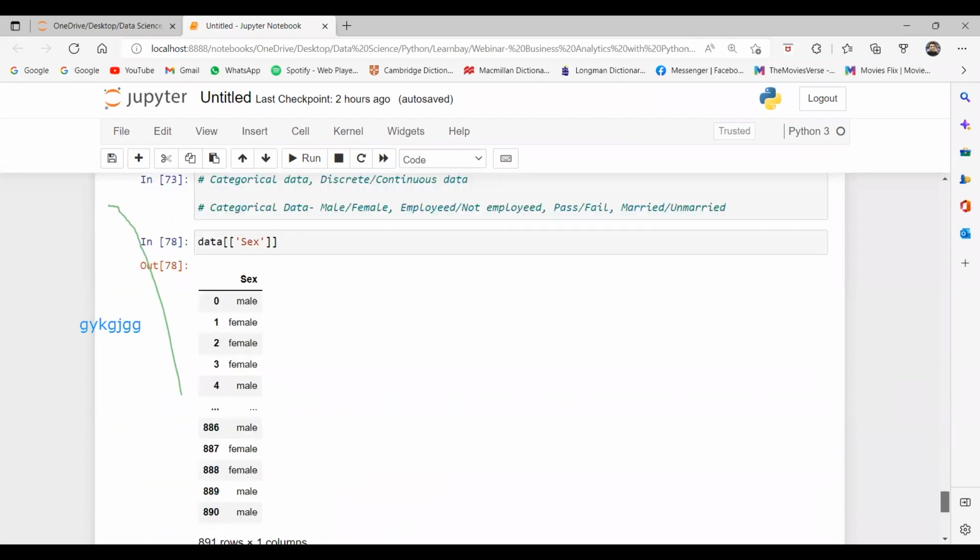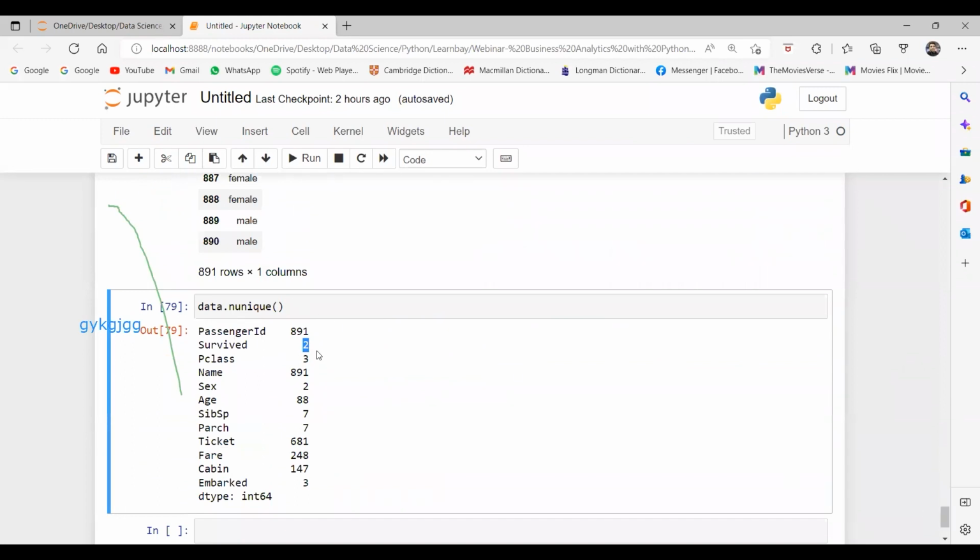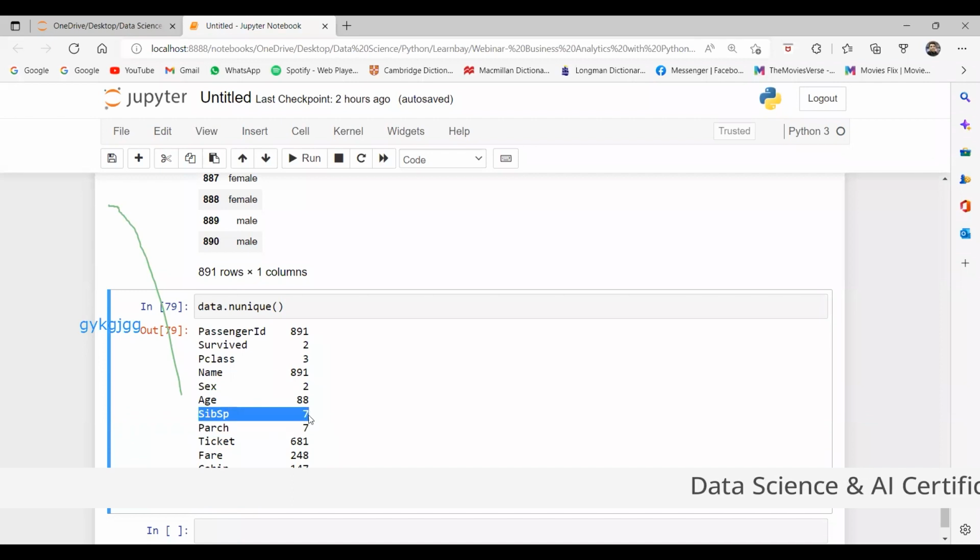So could you tell me if it is a categorical column or not? It is a categorical column. The same with Pclass, it has only 3 unique values. The same with the Sex column, only 2 unique values. SibSp is also a categorical column with only 7 unique values. Parch is there, and Embarked is also a categorical column.